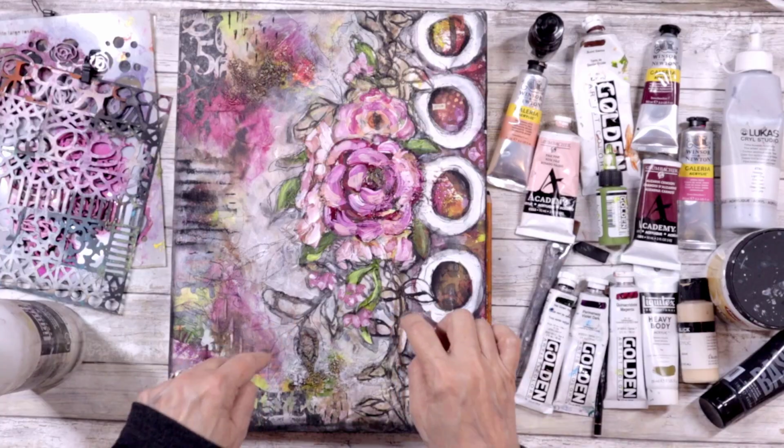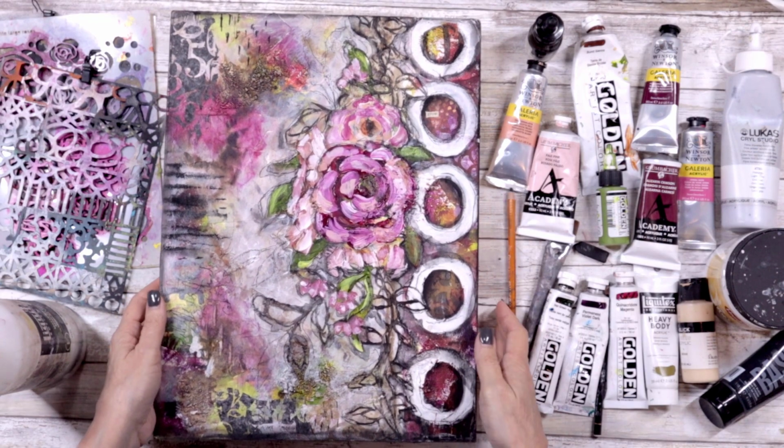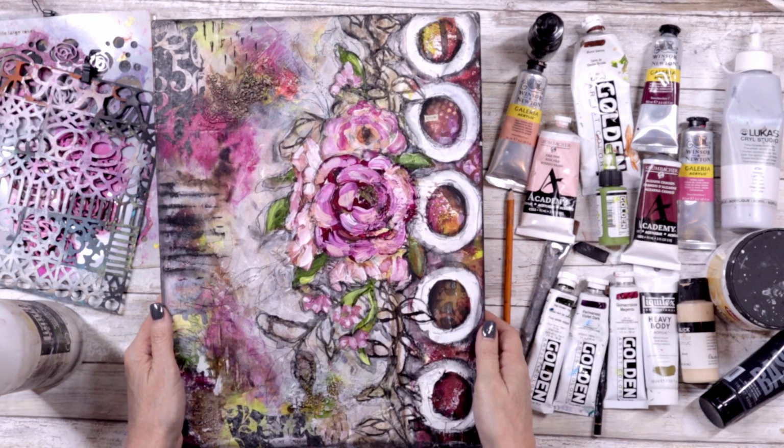I am super excited about this project, and last week's journal page inspired a whole series of art, and I can't wait to talk about that at the end of the video and all the things that kind of rolled into that. But down here on my table is what we're creating today, and this is done on a 16